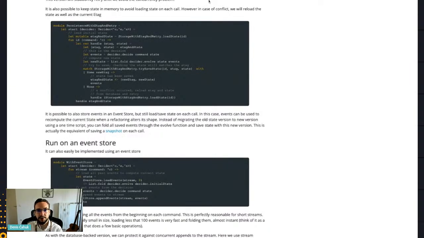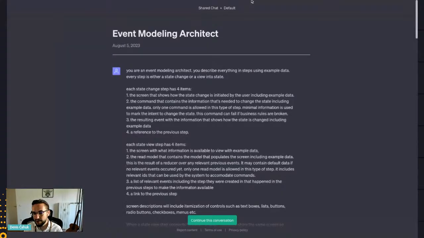What I also want to show you is this has landed, and we're going to put it into the chat. This has landed recently on the event modeling community chat, and this is Adam Dimitruk creating a setup, a template conversation with ChatGPT.